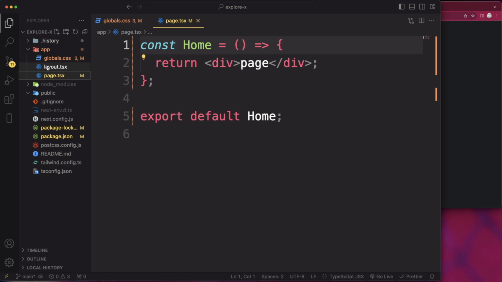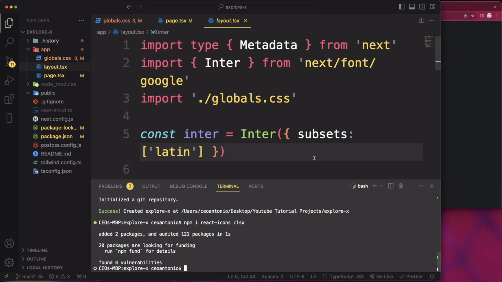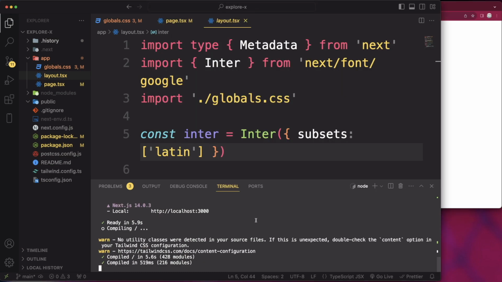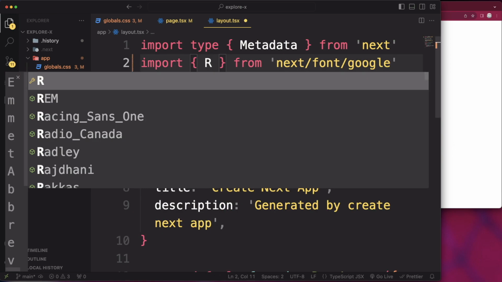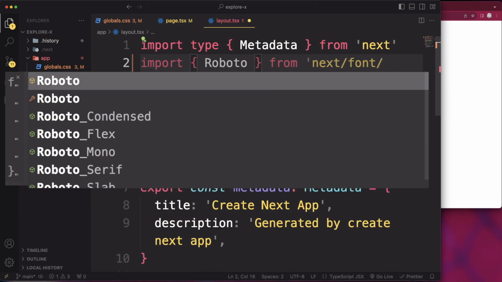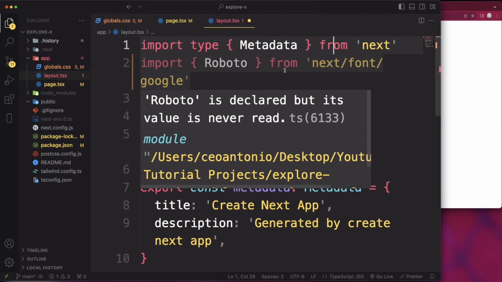So let's go ahead to our layout, and let's go ahead and configure this a little bit. But before we do that, let's go npm run dev. Okay, nice. So we got page. All right. So inside of our layout, we're gonna change the font. So let's go ahead and change this to Roboto. And I don't know if I'm zoomed in a little bit too much, but all right, and that's going to come from